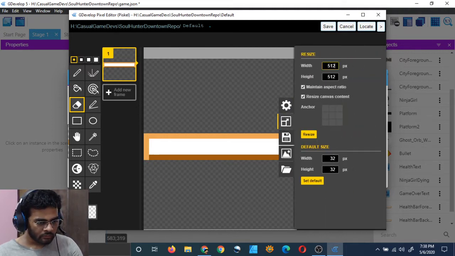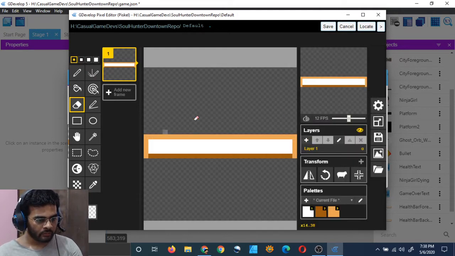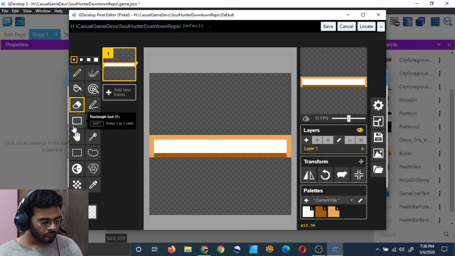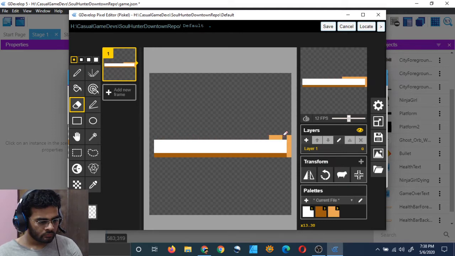Okay, I will now do this resize. Now it's big. I will now erase it. Make sure to erase it incrementally. Leave the mouse button, press it, then leave it again. So we have a bar now.